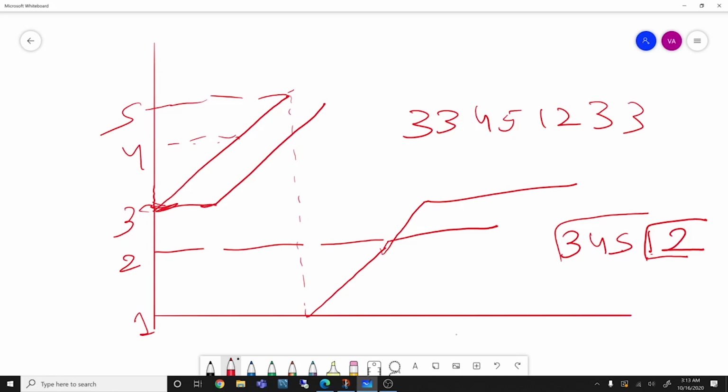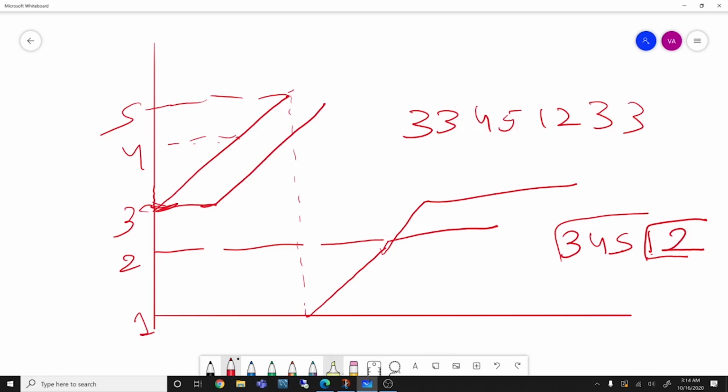So I hope that you understand what I have tried to represent with this graph. If not, I'll suggest you to watch this part again because this graph is going to be vigorously used in the explanation part. So if you've not understood this graph, it will be tough to understand the rest of the question. So please make sure that you try and plot this graph once by yourself. And if still not clear, watch this part again.